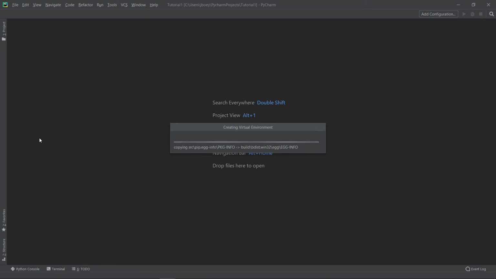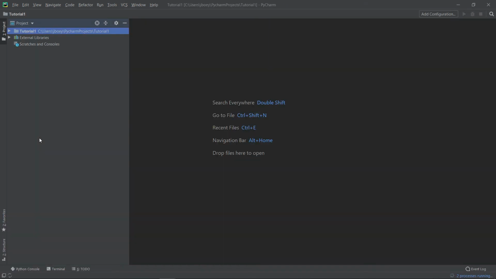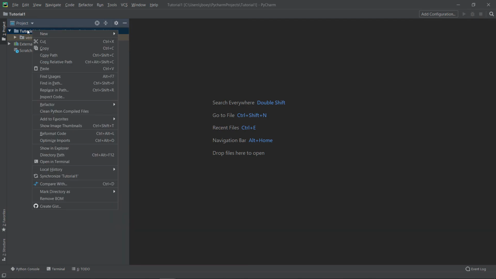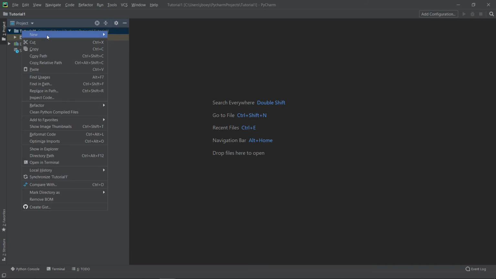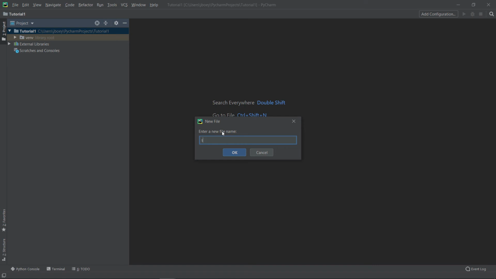Let's just give this a little bit of a while to run, and it's done. Now you can't really run anything here because your file is not open. You've not created a file to write your program. These are just the various packages. So now to create that file to run your program, you just right click on your project and click on new, click on file, name the file whatever you want,